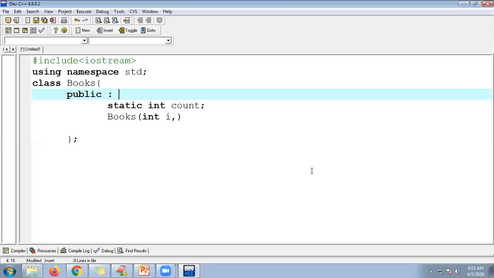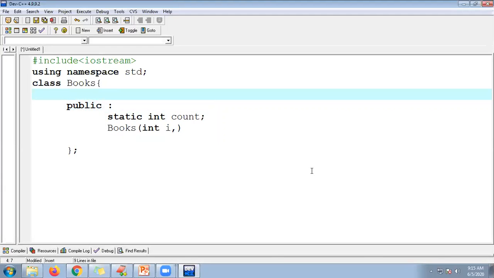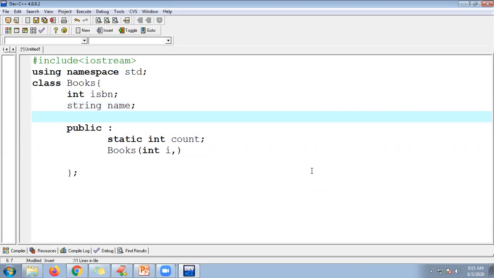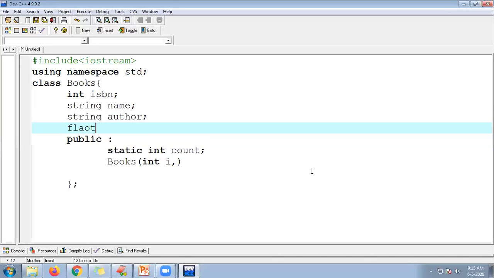First of all, let me make some attributes private. So integer ISBN, then string, then name of the book. Suppose next I'm using a string author and float price.